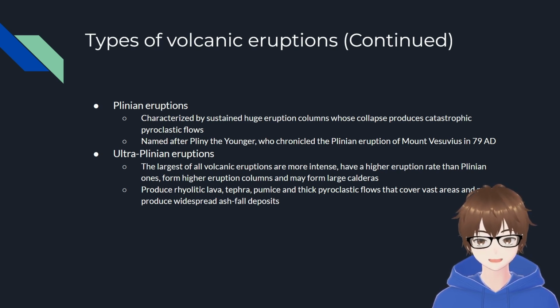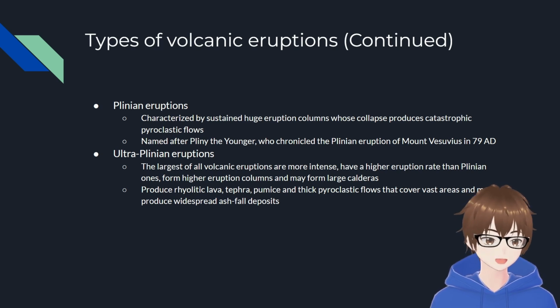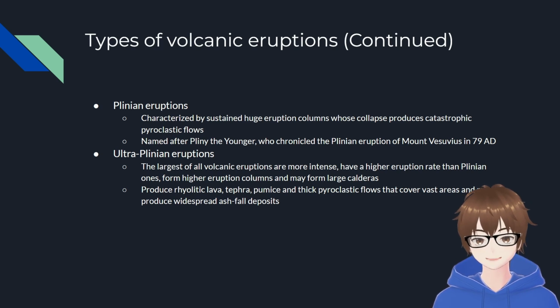First, we have the Plinian eruptions, which are characterized by sustained huge eruption columns whose collapse produces catastrophic pyroclastic flows. Oh, that's a word. And are named after Pliny the Younger, who chronicled the Plinian eruption of Mount Vesuvius in 79 AD. Then we also have the ultra-Plinian eruptions, which are the largest of all volcanic eruptions, are more intense